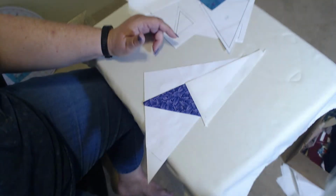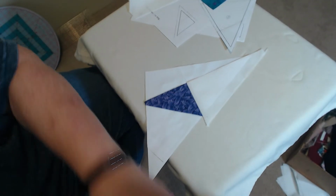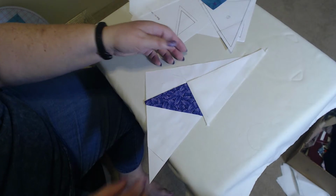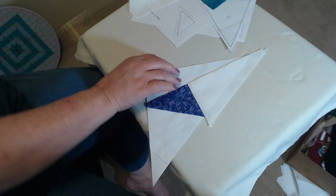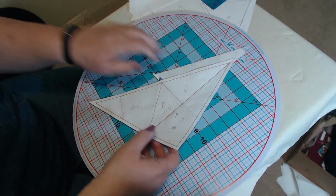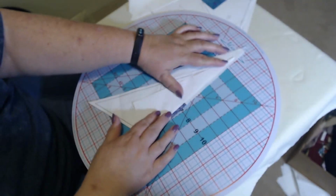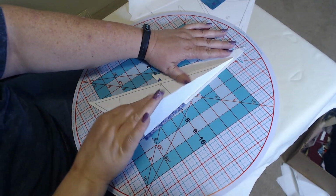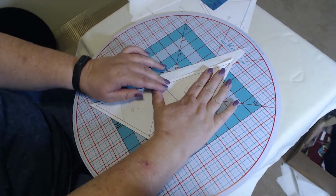Now, if I was concerned over this piece of fabric being lined up properly for the next piece, one option would be to make it oversized. So where it hung off on this side a little bit extra as well, and then all I would have to do is what I'm about to do with the rest of it. Here's my cutting mat. All I would have to do is fold this back and trim it up. I don't need to in this case, but I could. And then here,